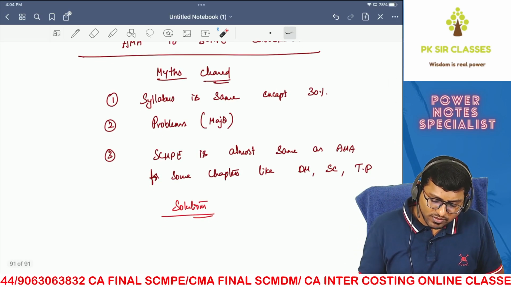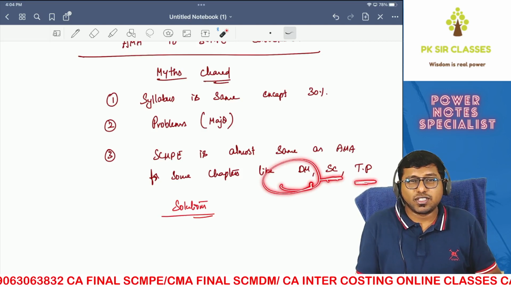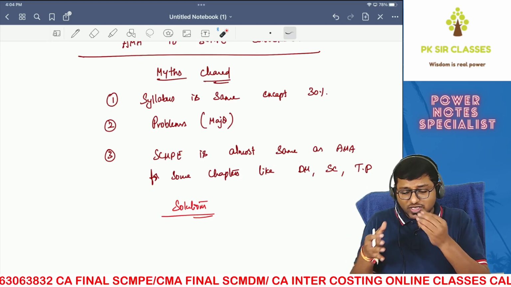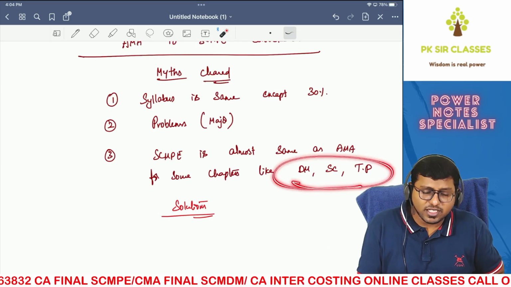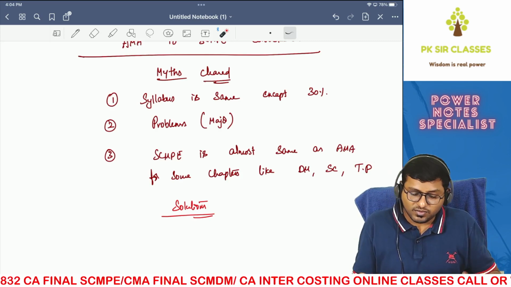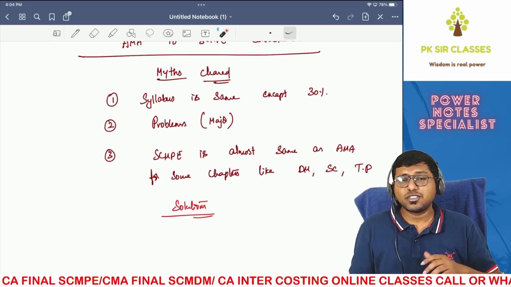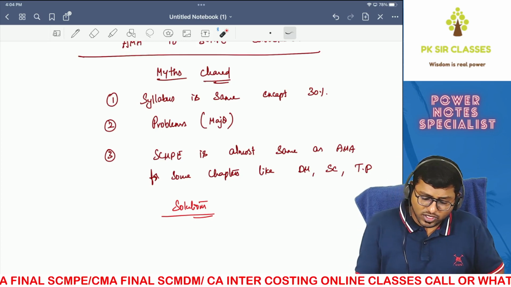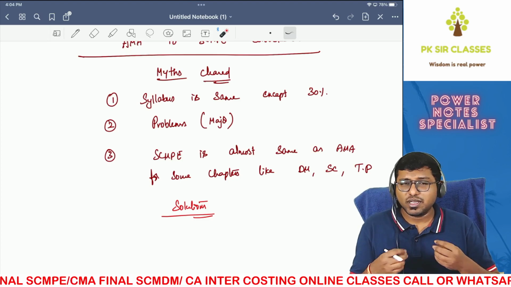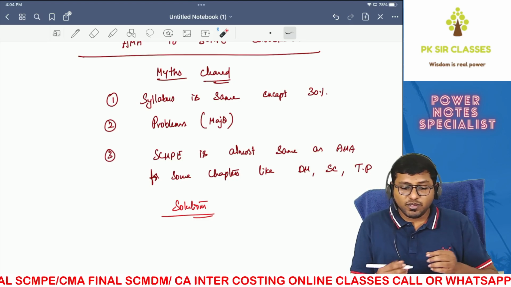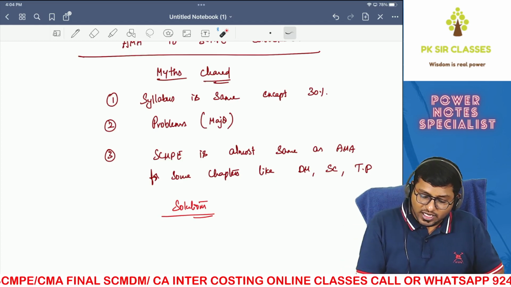And some of the students have messaged me saying that, sir, there are certain chapters like decision making, standard costing and transfer pricing which are the same. Even these chapters are there in the old syllabus and they are there in the new syllabus as well. So which means it is pretty much the same. The answer is no. The chapter names are the same, but the way the questions are asked is totally different. In the new syllabus, in decision making, half the question will be all about number crunching, the calculations. The other half will be interpretation, where you have to write theoretical answers, analysis. You got the point. Even in TP, it's the same.